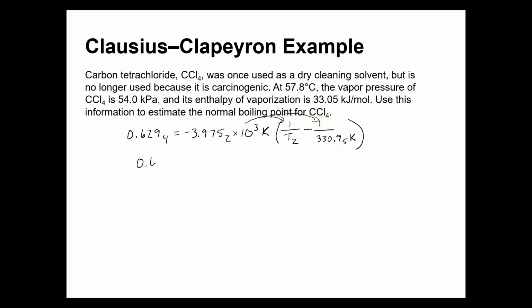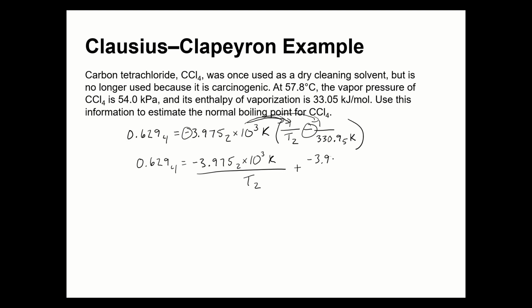That gives us 0.6294 equals, and maybe I can ignore that piece for now and throw it back in later, but we've got negative 3.9752 times 10 to the third Kelvin, and now that's divided by T2, so all I'm doing is basically multiplying by the 1 on top, and then plus, and it's plus because I've got a negative sign here, right, and a negative sign here. So those are going to cancel out to be plus